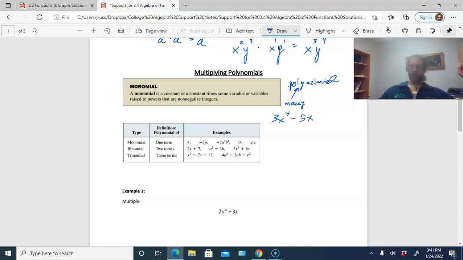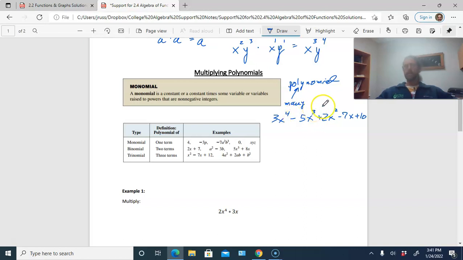minus 5x to the third plus 2x squared, let's say minus 7x plus 10. This is a polynomial, and this polynomial has 5 terms in it. The terms are the pieces that are separated with either addition or subtraction. So the first term is 3x to the fourth. The second term is negative 5x to the third. So if there's a minus in front of it, look at it like it's a negative number, negative 5x to